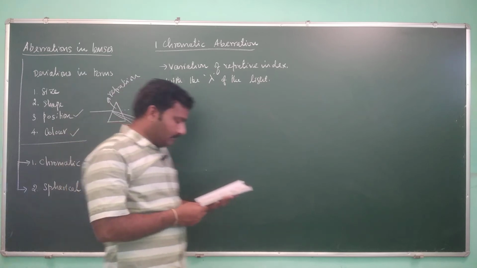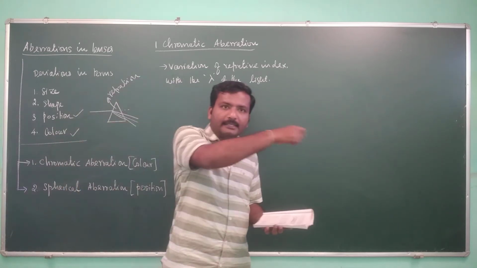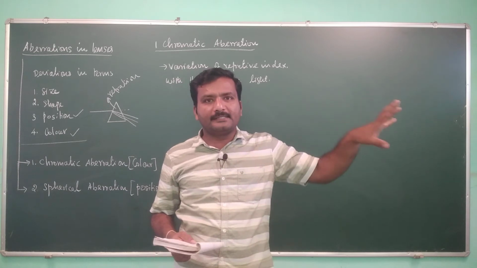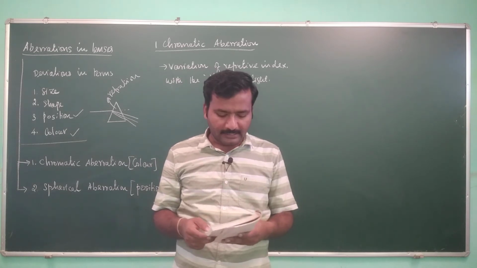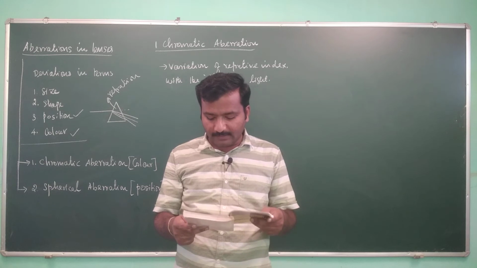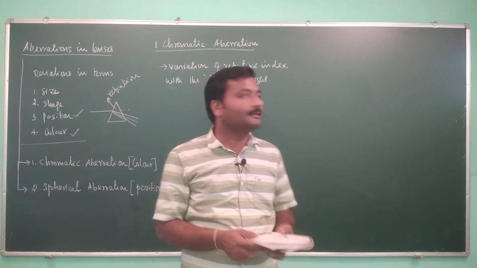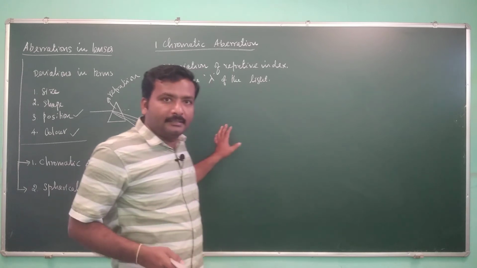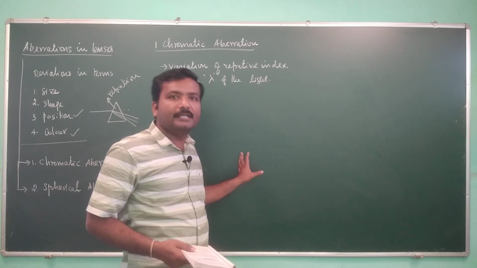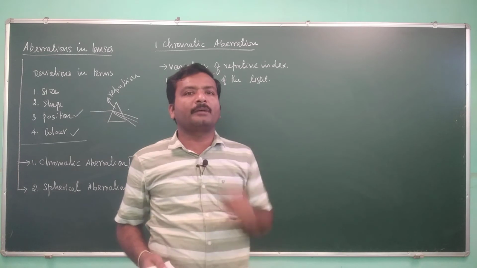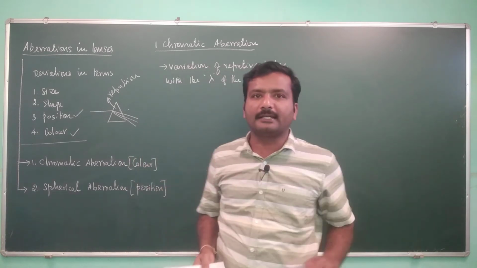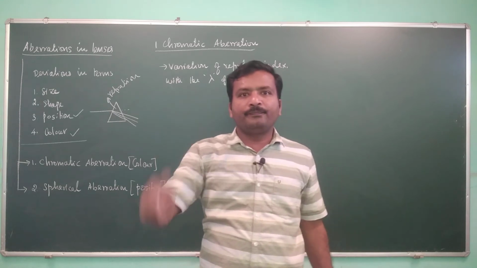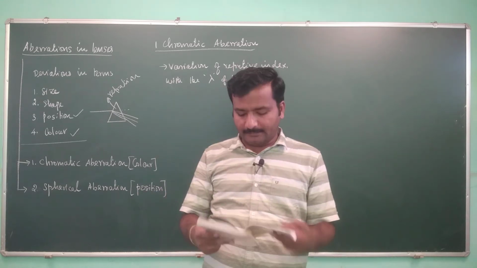Okay, so that in the image, instead of a single focused point, there exists a blurred image. There exists a defect of colored image, right? It is called chromatic aberration. But at the same time, in the same lens, if you are using a monochromatic light, that is a light with single color, then there will be no aberrations. It will create a single focus point.